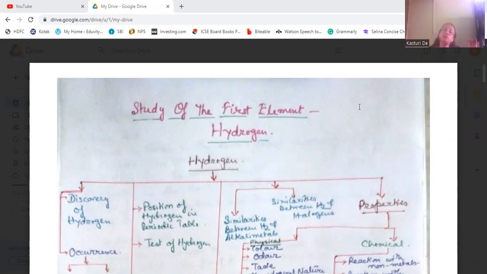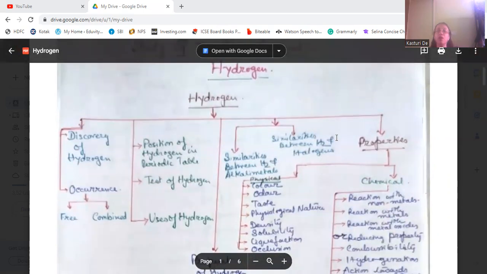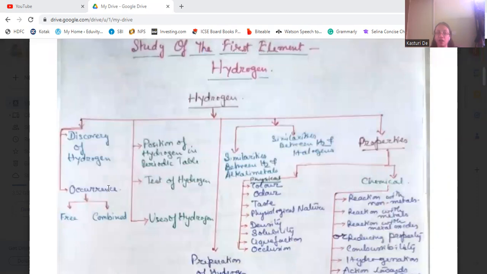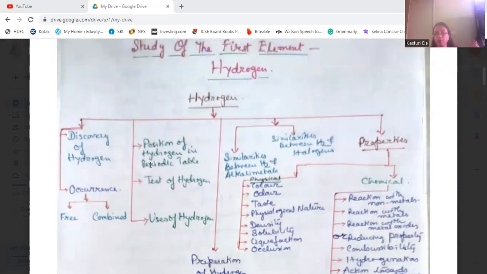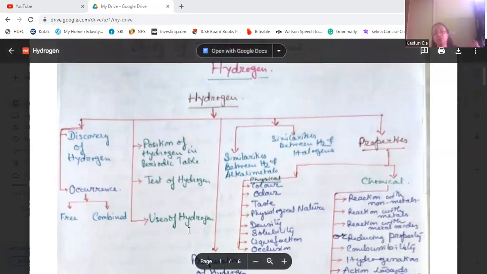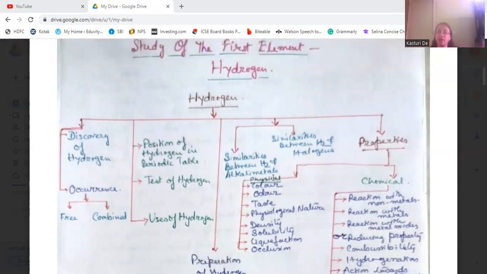Now, further studying, we will come across these topics: how was it discovered? Who discovered it? Where does it occur, in the free state or the combined state? Then, what is its position in the periodic table? What are the tests? What are the uses? Then, with which elements it is similar? We will see that it is similar to the alkali metals as well as similar to the